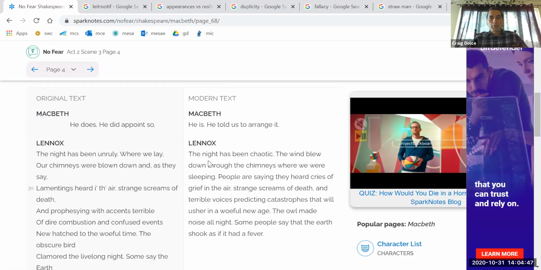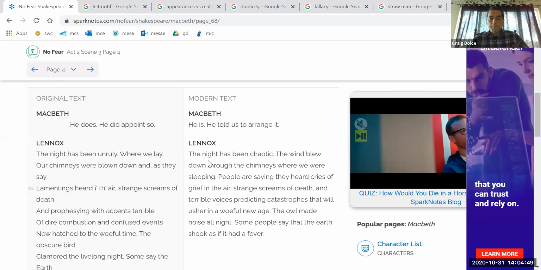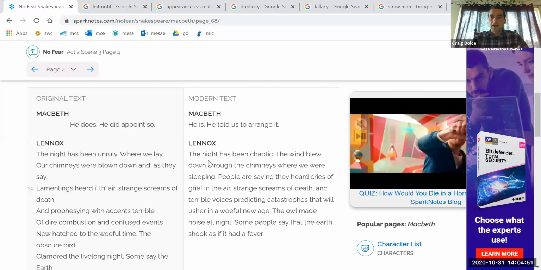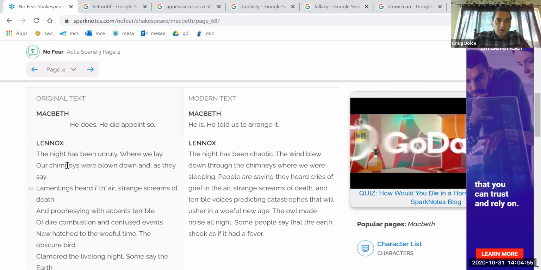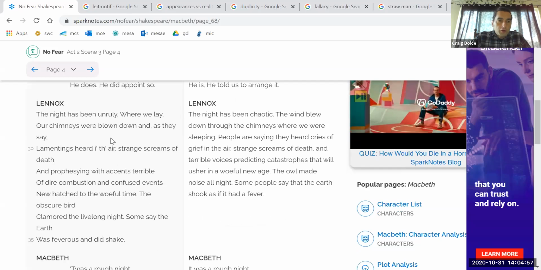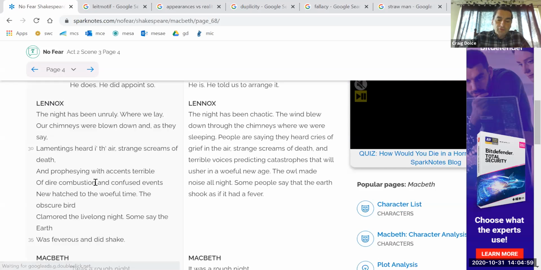Remember, he did not plant the daggers. He got freaked out and he couldn't finish the plan. She had to go back and clean up his mess. Notice here, before they discovered Duncan's body,